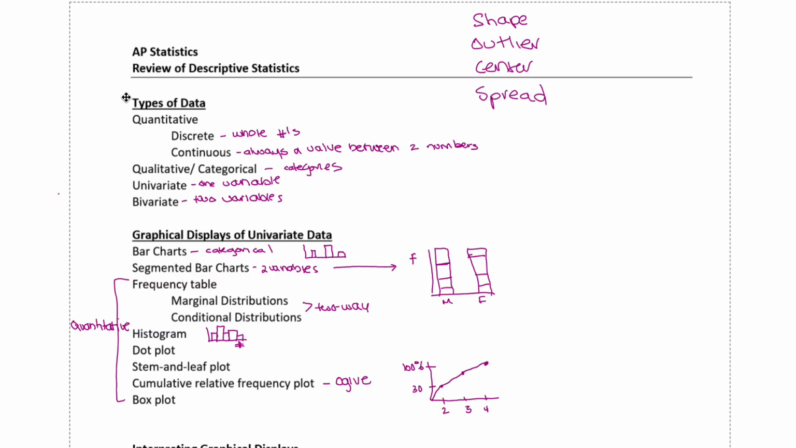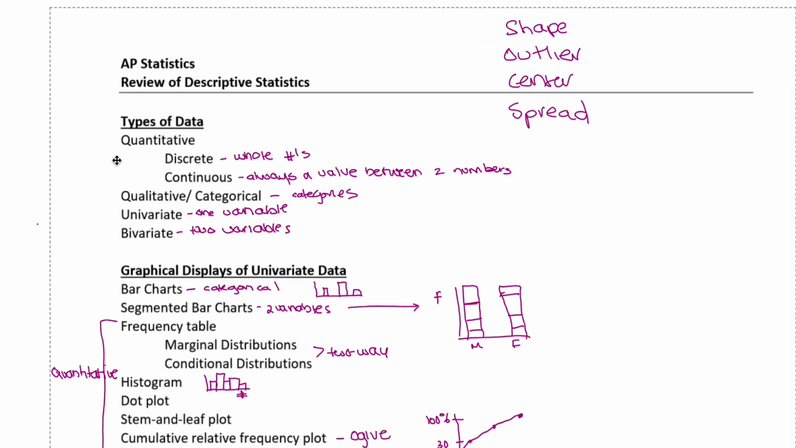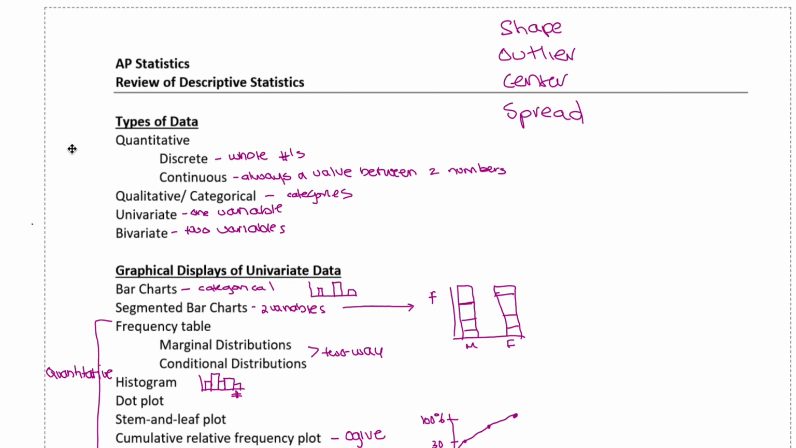First of all, what are the types of data that we're examining? Well, we have quantitative data and categorical data, basically. Those are the two main categories that we're focused on. In quantitative data, we also have two categories, which are discrete and continuous. Discrete means whole numbers and continuous means always a value between two numbers. So for example, between 2 and 3, you will have 2.1, 2.14,